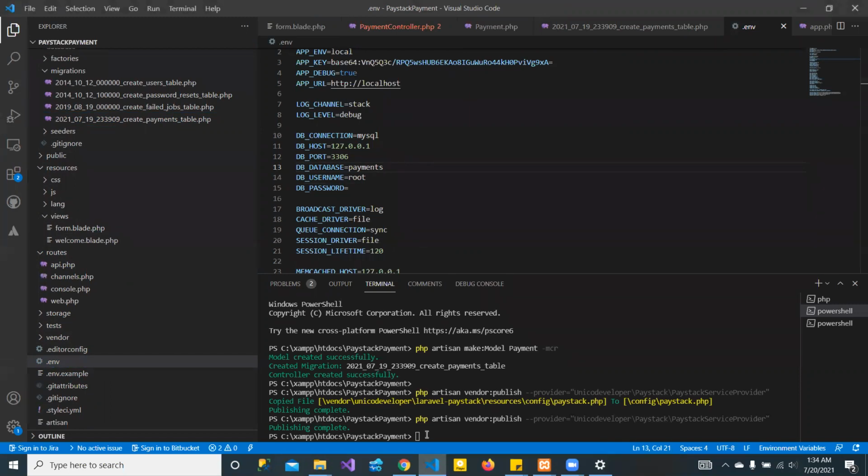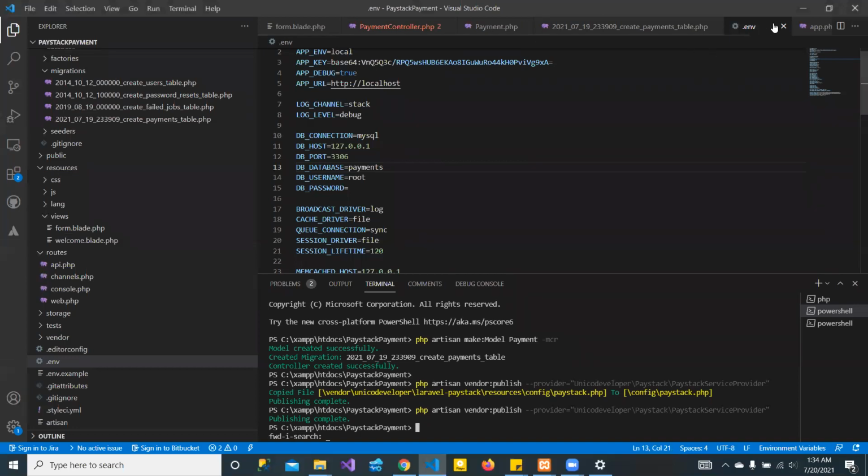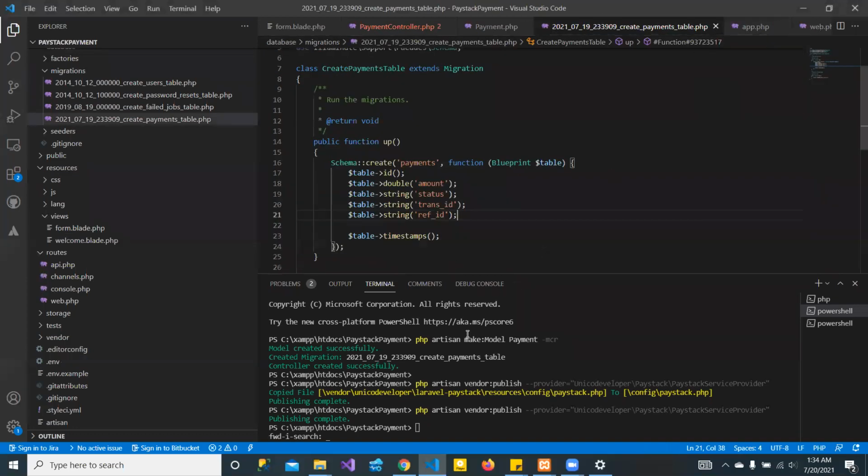So now let's quickly migrate. All we have to do is to write a PHP artisan